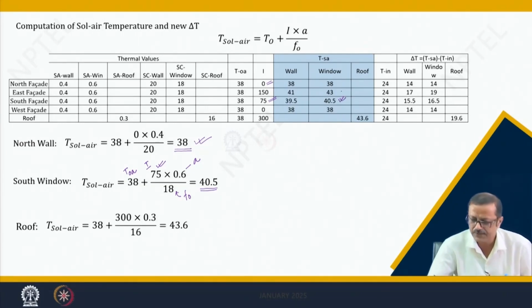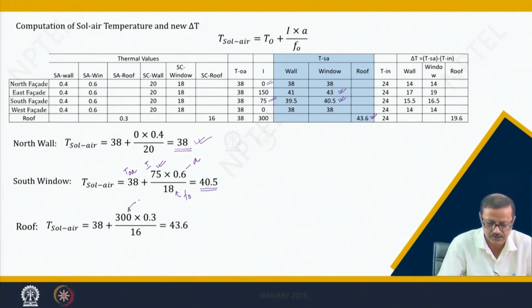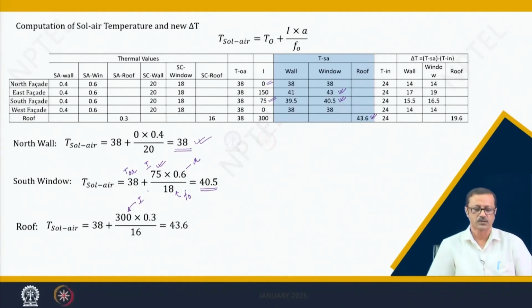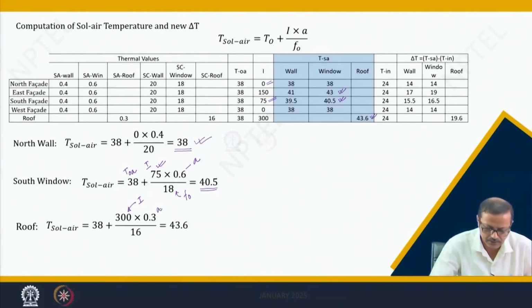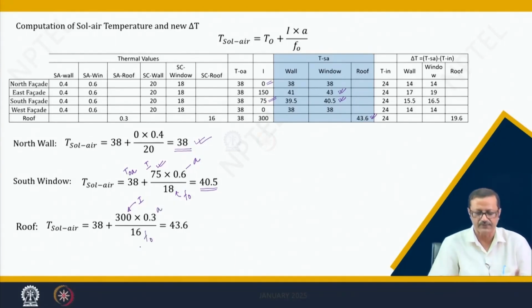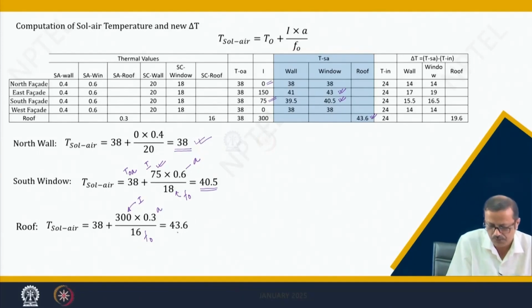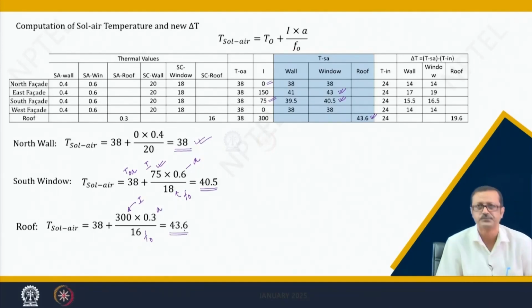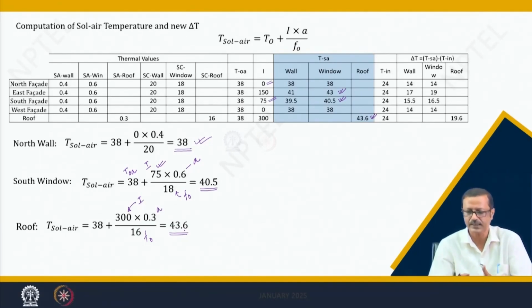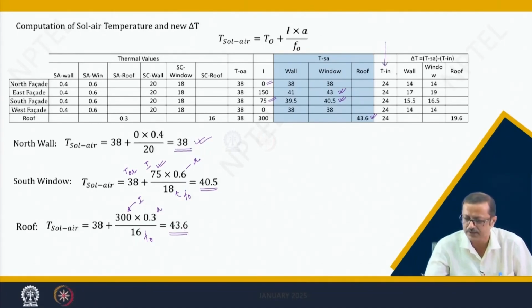Similarly, for the east facade it will be 43, and for the roof it will be 43.6. For the roof the I value is about 300, and then the absorbance A and F naught have some different values. So, there is almost a 5.6 degree hike in the solar air temperature. So, that has to be taken into account, and T in, what is T in? T in is your indoor set point temperature, 24 degrees, and